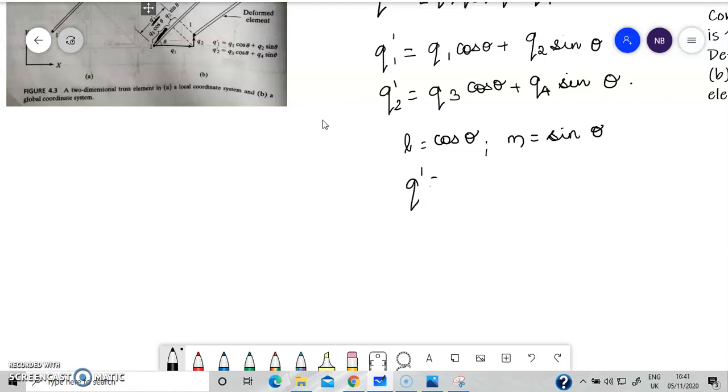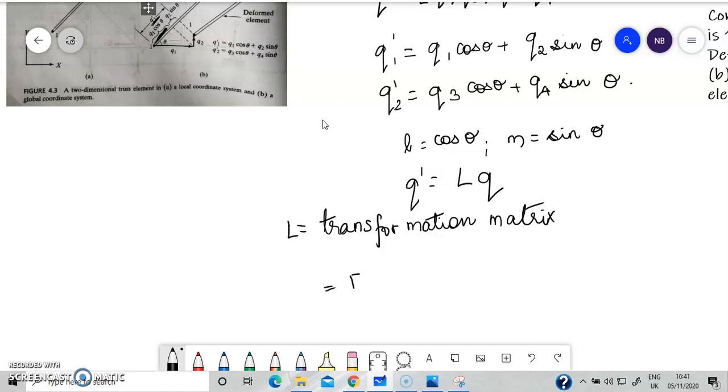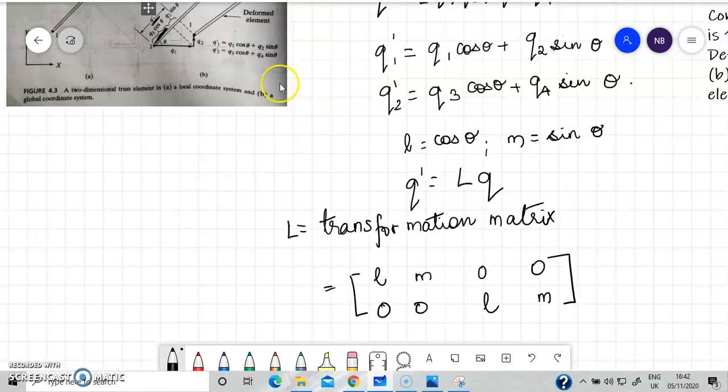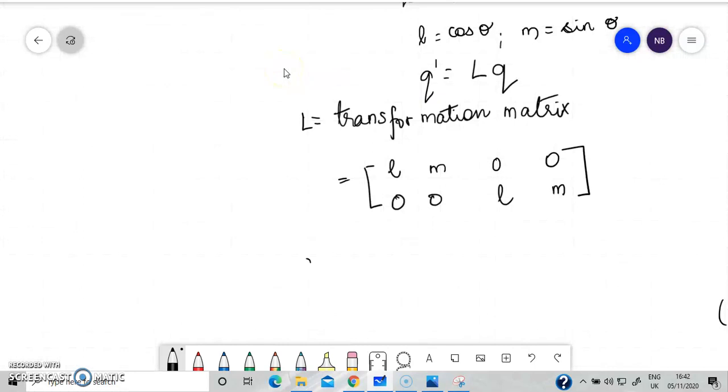Now if we want to write these equations in the matrix form, we can write it as q dash equals L into q. L is known as the transformation matrix because it transforms from the local coordinate system to the global coordinate system, and it is given by L M 0 0, 0 0 L M. Now if we want to write the q dash equation, it will be